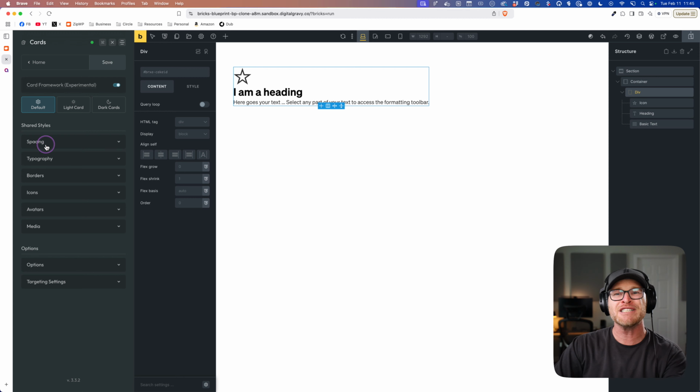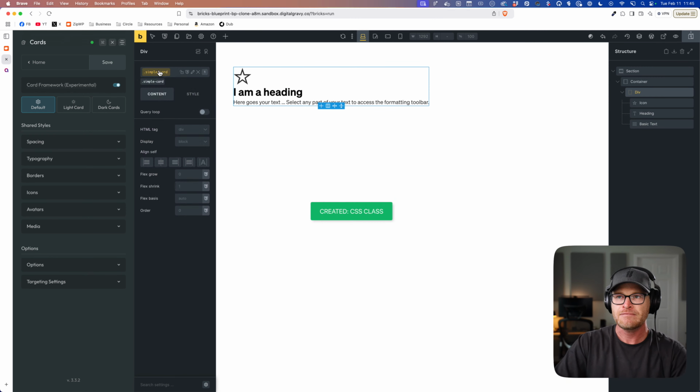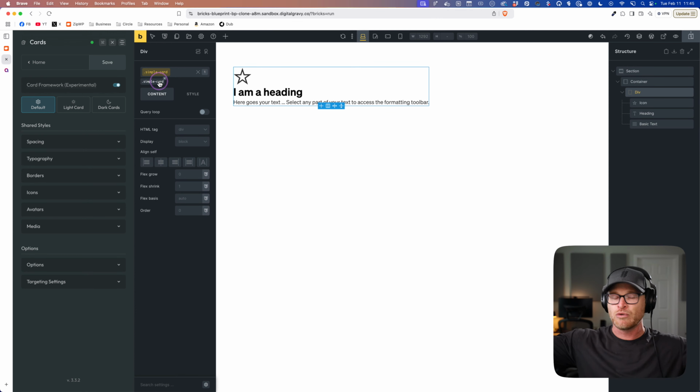So things like card spacing, card typography, card border styles, card icons, card avatars, card media, these all become controllable by the card framework. But notice, okay, if I had auto styling on, if I said simple card, it would style it, boom. All of the card framework styles would instantly be applied. This icon would be styled according to my card icon styles. It would get the card padding, the card gaps, the card borders, the card shadows, the card everything.